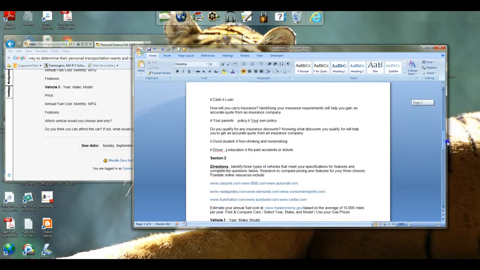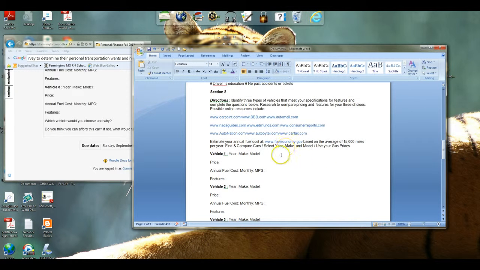And then you can go down, and where it's telling you you're going to go through and actually find some cars that you think you might want to buy, and it wants to know on vehicle 1 the year, make, and model. You can come right out here and start typing on this document. So maybe I want a Ford Fusion, and I want a 2005, so I can just type in anything I need to right here. Once you have finished the assignment, you go through, and this is important